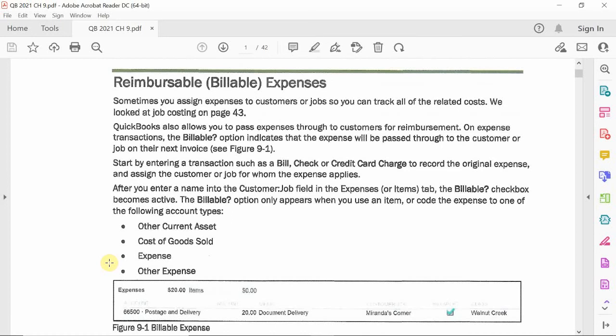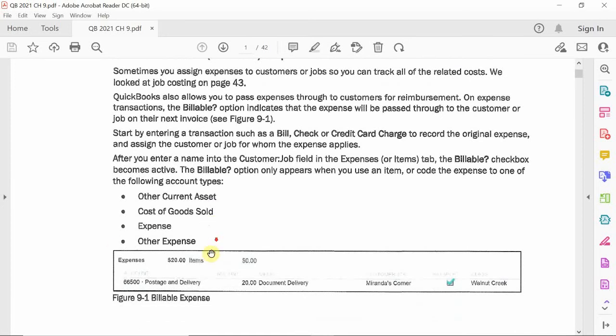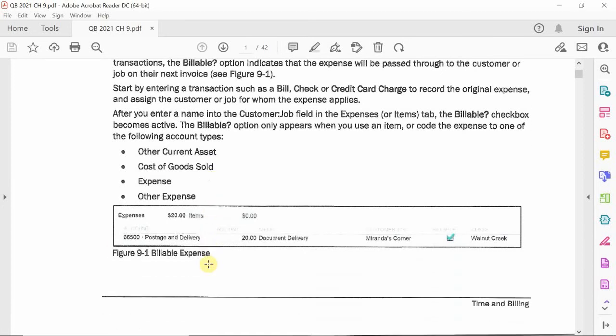Now, here's something that you have to know as well: when you do create a reimbursable expense, it must be linked to a reimbursable expense account. We just said that. However, you cannot generate income off of it. So very strange. You can't link it to an income account. It's very strange because we just mentioned that